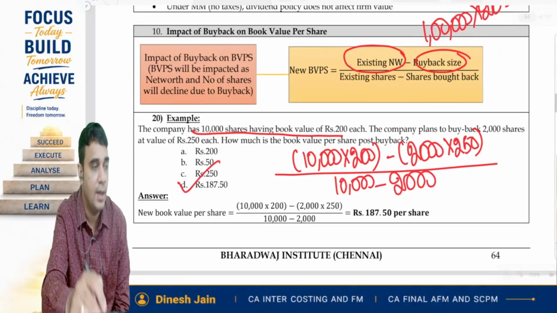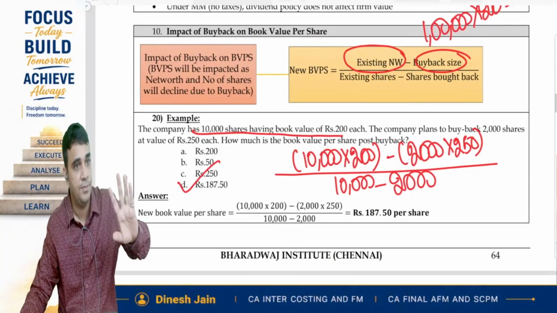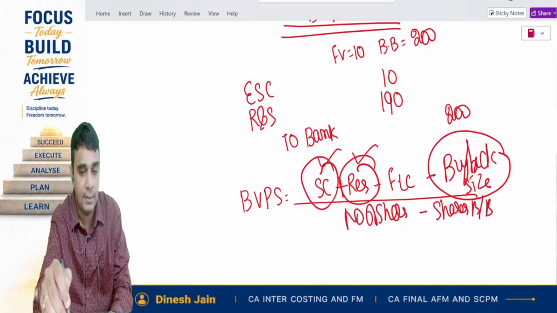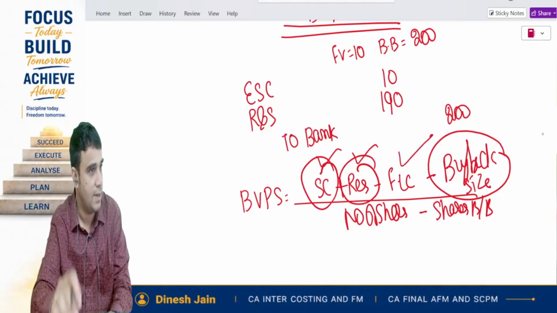187.5. I'll repeat the concept again. Listen, book value per share is equal to share capital plus reserves minus fictitious assets, divided by the number of shares. The question said